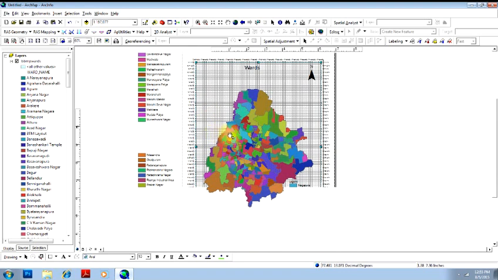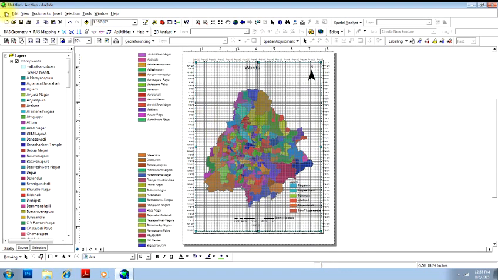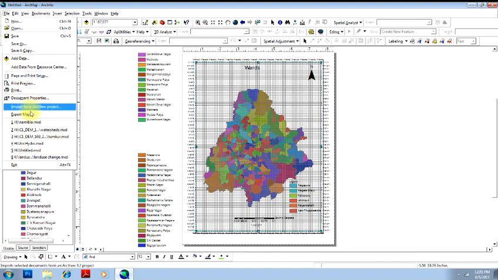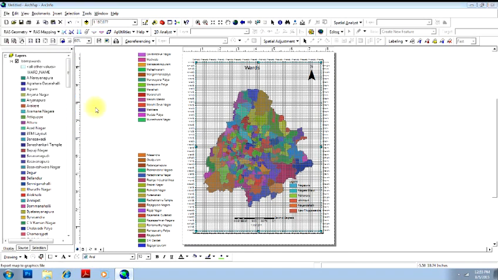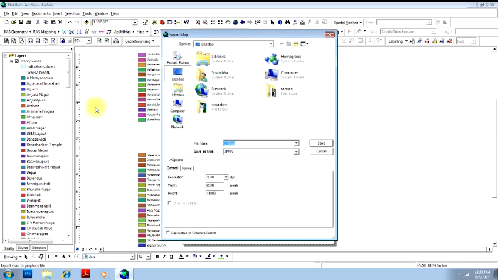So now this is the map, and click on file and click the export map option. Your export map option is displayed here, and you can give a name. I'll give a name as new, and I'll keep the format as JPEG, and you have these many options. Whichever option you want, you can choose and view the maps later. I'll keep it as JPEG, which is supposed to be the most commonly used format for the map.